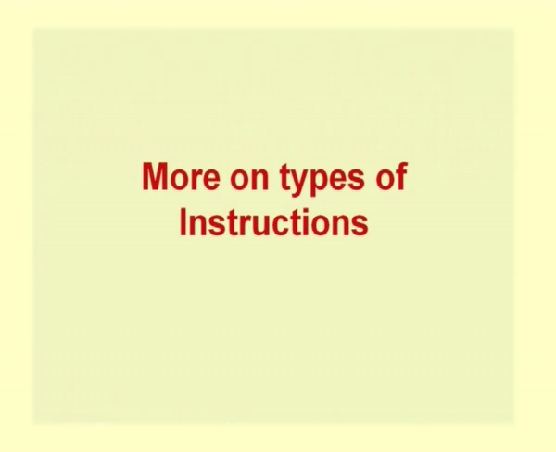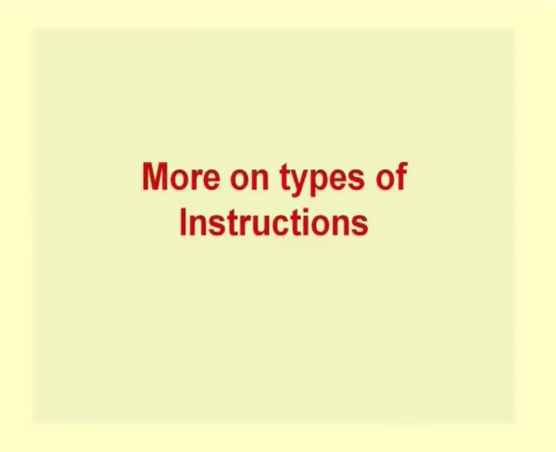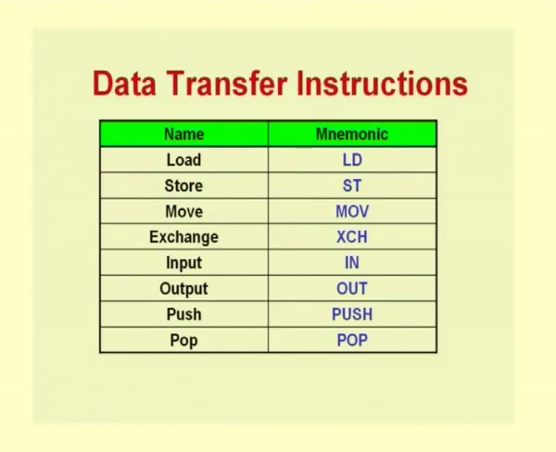So, a little bit more on types of instructions. Now that we have understood these addressing modes, to complete our story on instructions, we need to look at the different types of instructions. There are different variations that we actually have. Some of these we have already looked at, but there are some which may be new. And also we need to remember that not all these instructions will be there in all instruction set architectures. There would be some combination of these instructions in different instruction set architectures, but we should know that these are typically the kind of instructions that are normally used.